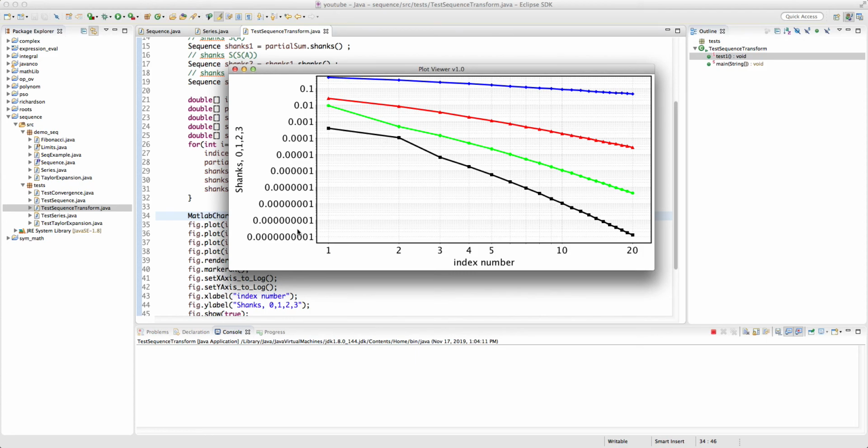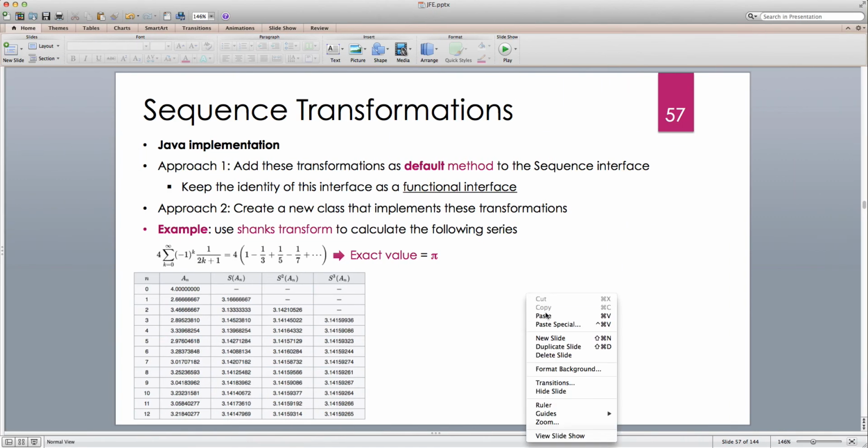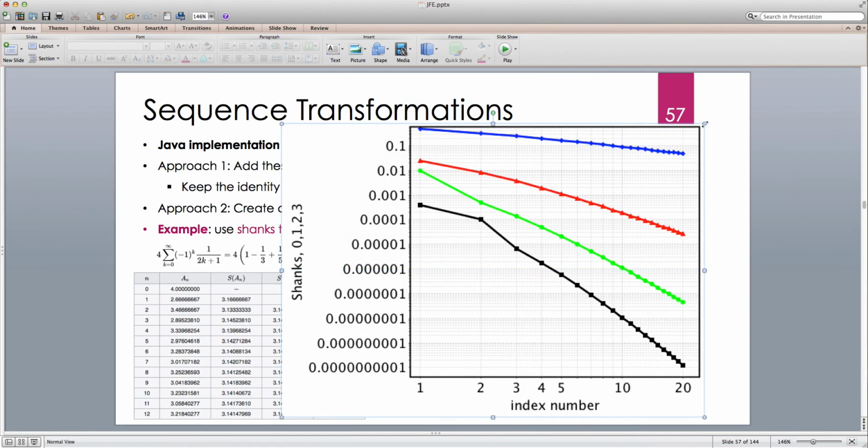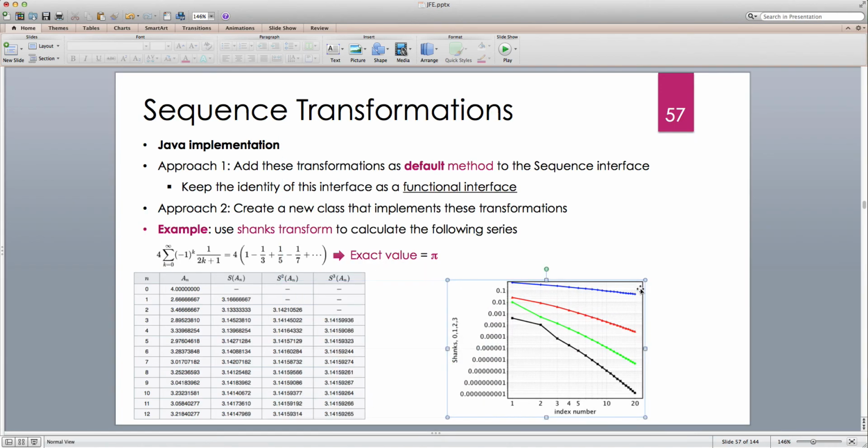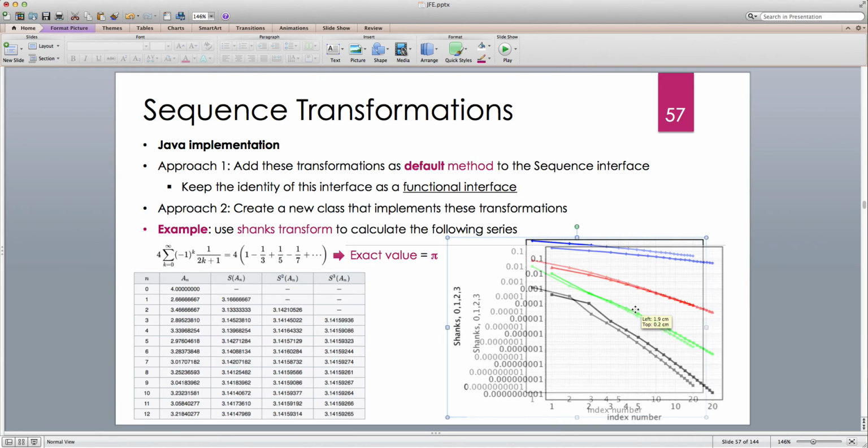So it has more than 9 to 10 decimal places of accuracy. All right, so that's how shanks help to accelerate the sequence. So I'm going to put this here, maybe make it a little bit bigger,